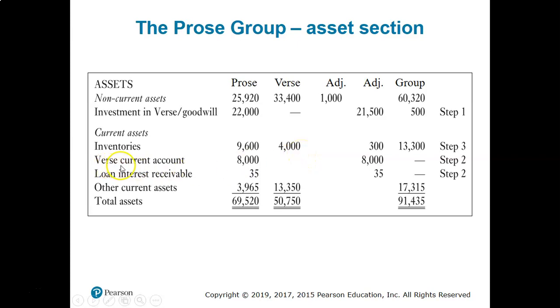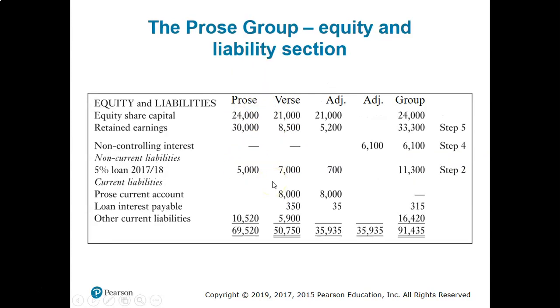And the Verse current account in the books of the parent, right? Verse is the subsidiary's name. So the subsidiary's current account in the parent's books is the intercompany balance, as we mentioned just a few minutes before. The same amount is recognized by Verse in their financial statement as a liability. So this is the asset in the books of the parent, and we can see the same amount in the Verse books, 8,000, recognized as an asset by the parent and a liability by the